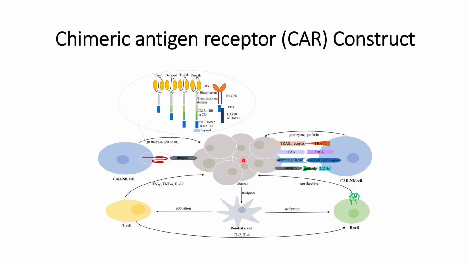And how these CAR T cells work is shown in this figure on the bottom side. In the CAR T cells, the extracellular domains contain receptors that can detect the tumor antigens, or TAA, tumor associated antigens, and thereby the intracellular signals get activated and release cytokines. Cytokines such as granzyme and perforin are released, which will trigger apoptosis of the tumor cells. And here the short version is shown,